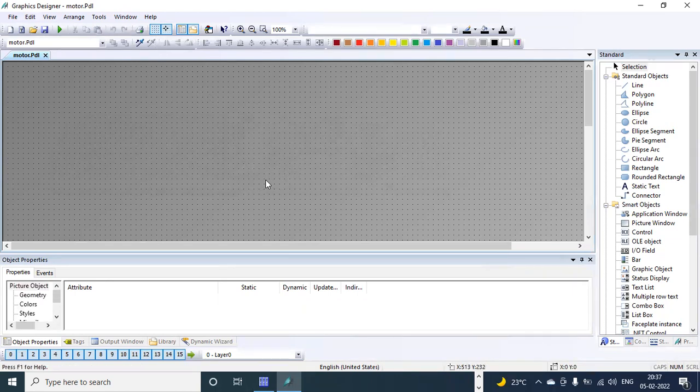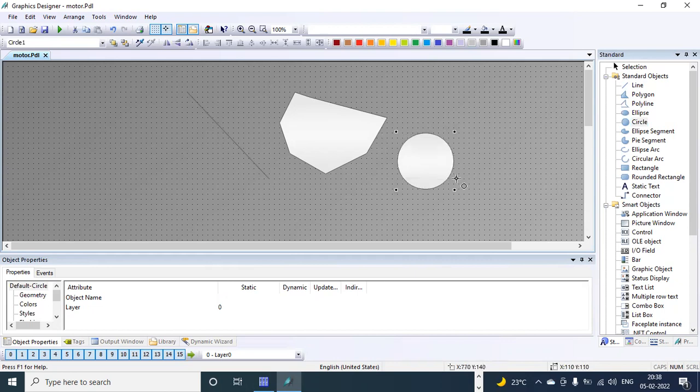Now at right side you can see we are having some standard window. Here we are having some drawing tools, like from standard objects, line. You can select and drag it here. You cannot double click, just select and drag to select the shapes. You can create different shapes here. Similarly, ellipse, circle, different objects you can draw here. So for example,